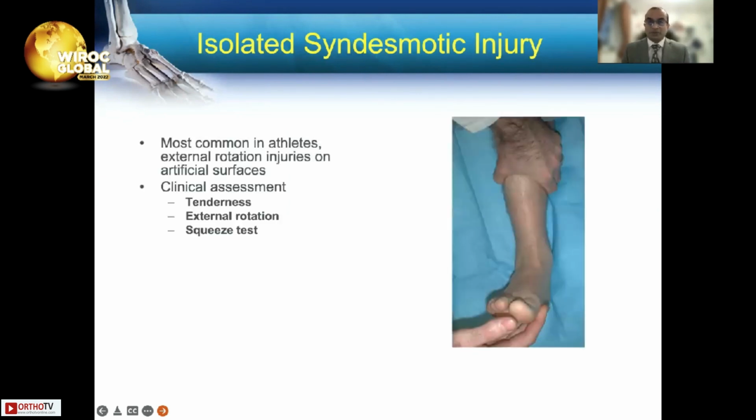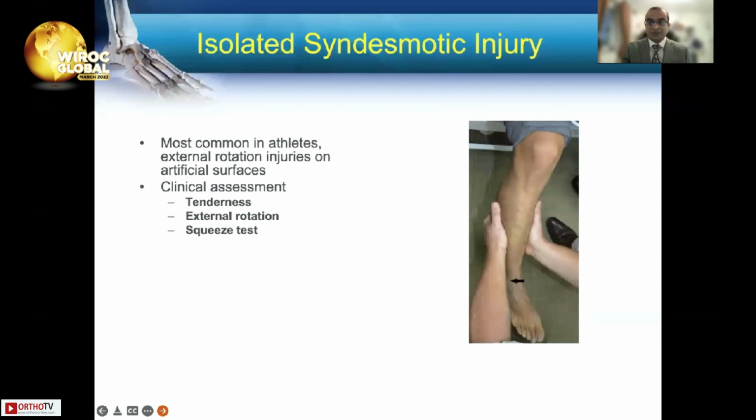Now, the commonest type of isolated syndesmotic injury happens with an external rotation stress across the ankle articular surfaces. You can elicit tenderness in the region of the anterior inferior tibiofibular ligament. External rotation stress tests can be painful and can elicit instability in certain cases. And if you do the squeeze test, i.e. squeeze the tibia and fibula together in the region of the mid-calf, you can elicit pain in the region of the